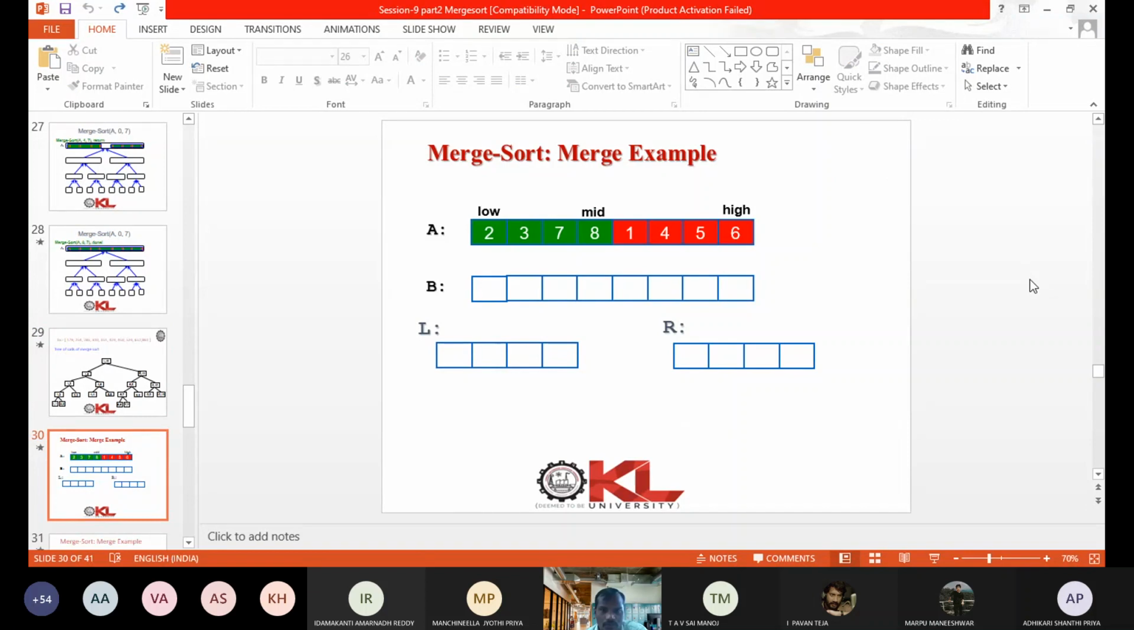Now we see the working principle of merge. I already explained how this merge function will work. Now we will look once again at how this merge will work. Here there are two lists. One is 2378, another one is 1456. As I told you, the first element of the first part and the first element of the second part are compared and